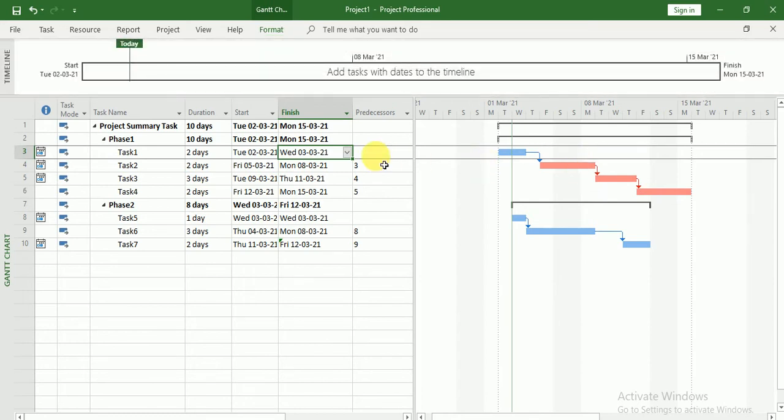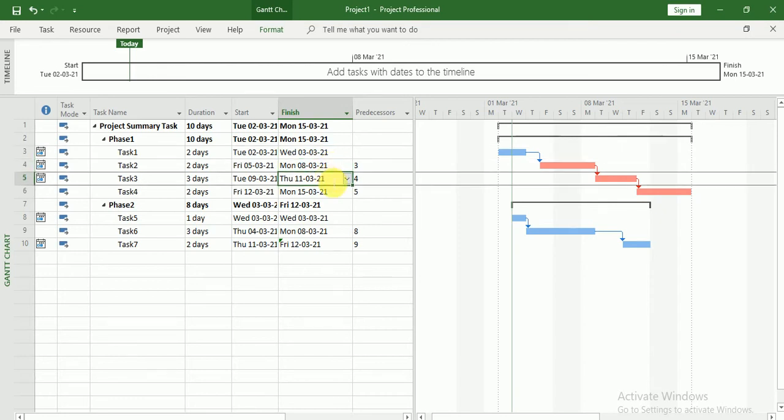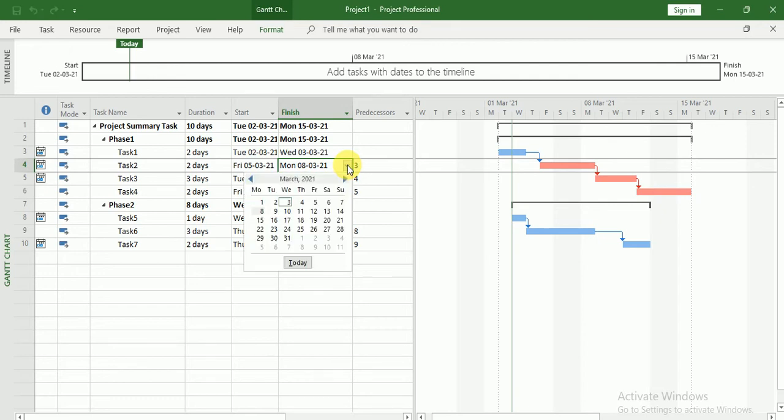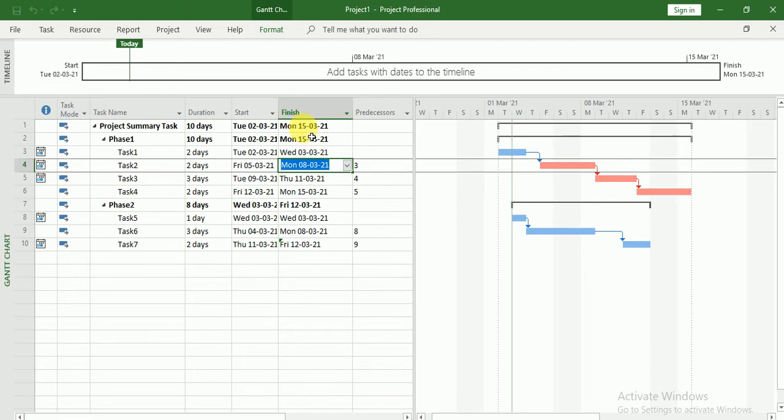Critical task, you can see, this is a critical task, this is a critical task, and this is also a critical task. Why? Because if I change the finish date of this task, meaning if this task is not going to finish at the given time and is going to be delayed, then my project finish date will also change, meaning my project will be delayed, right?